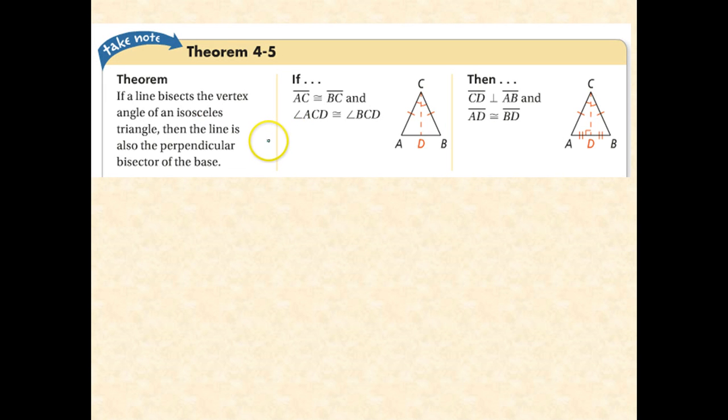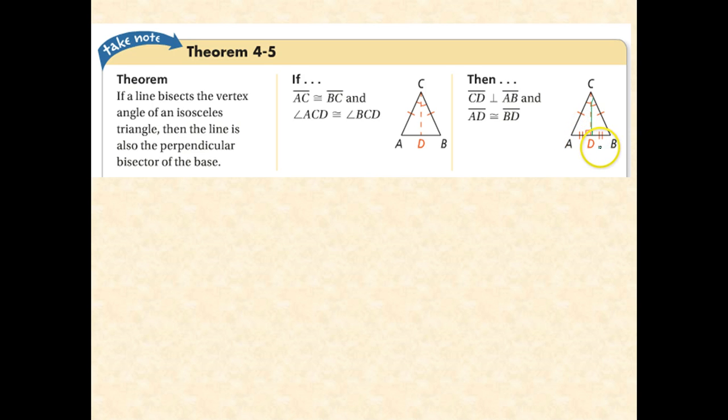So here's a theorem. If a line bisects the vertex angle of an isosceles triangle, then the line is also the perpendicular bisector of the base. And remember, a perpendicular bisector does two things. It tells you that the bisector is perpendicular, and it tells you that it cuts the base into two congruent